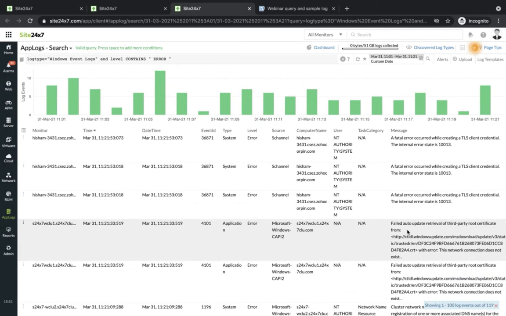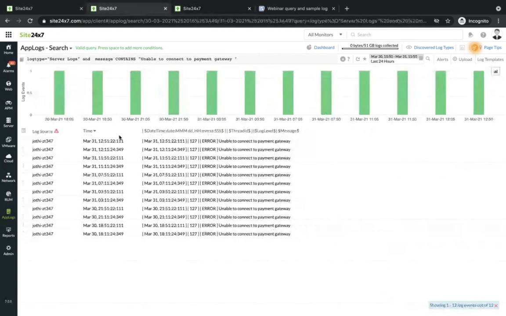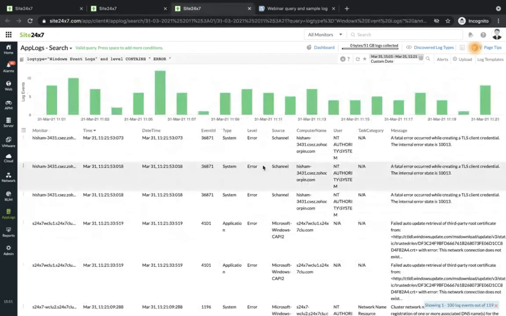So we see a similar error in this Windows event log as well. We saw an error like "unable to connect to payment gateway" in your server logs, and this Windows event log also shows the same error. So when you identify the same error in two different logs, you can relate them and zero in on the error. This is how the related log templates feature works. That helps you to identify the issue by comparing two different log types in one single screen.